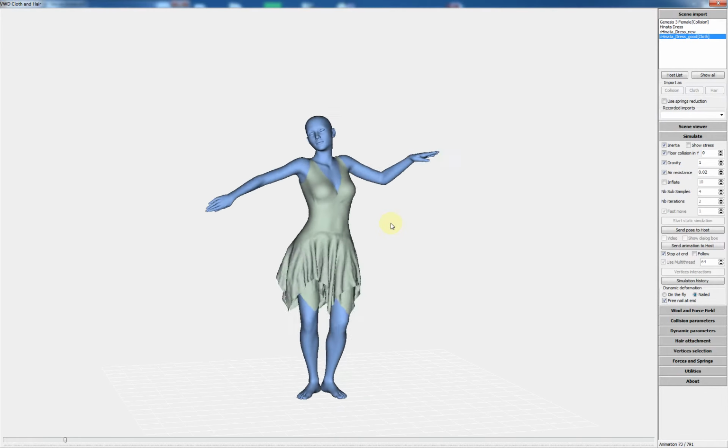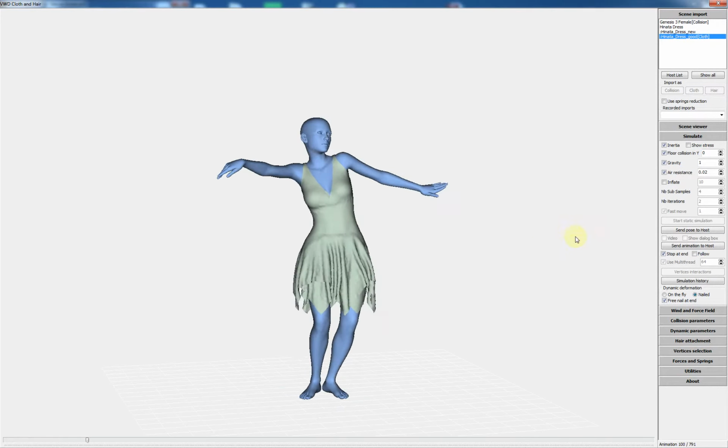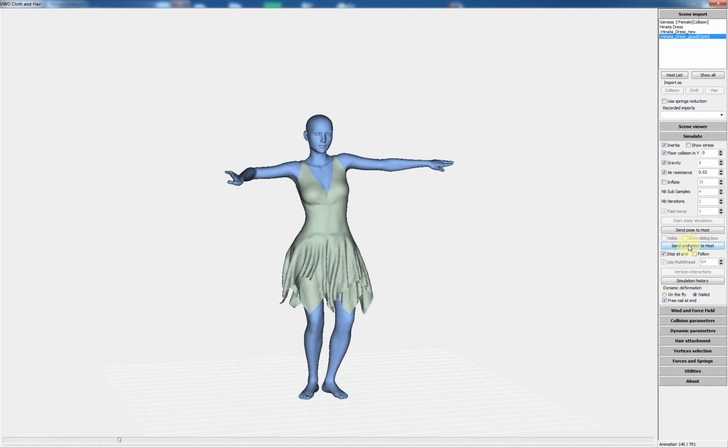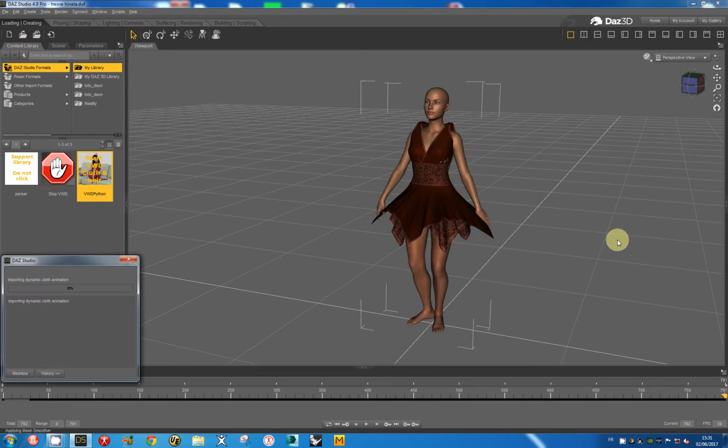Okay, I can send the animation to the host. I stop the recording of the importation because it is not useful. I restart the recording of the importation.